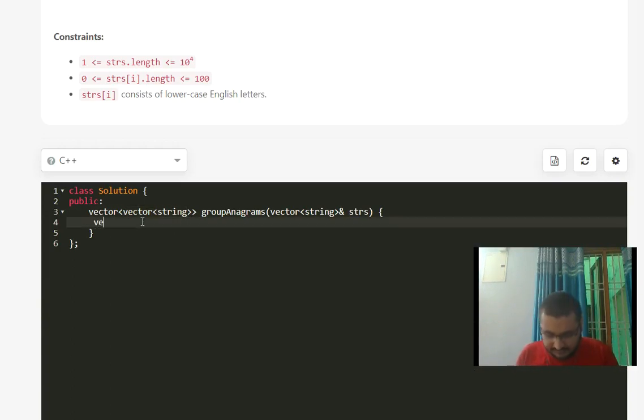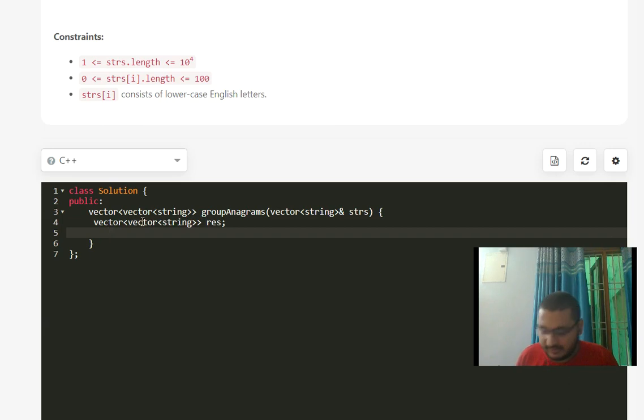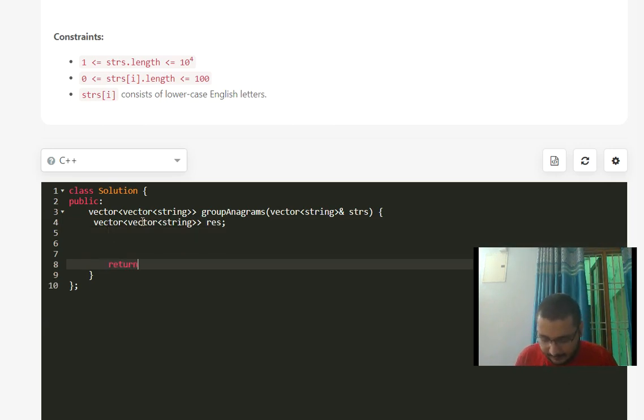So first let us make this vector of vectors of strings, let us say result. We will be storing our answer in this result and we will return it at the end. So first of all we have to make the map.